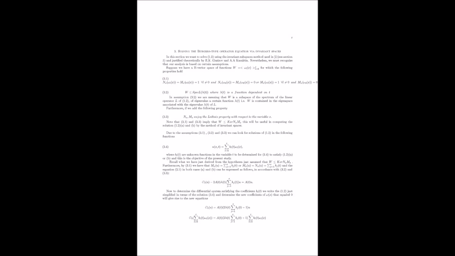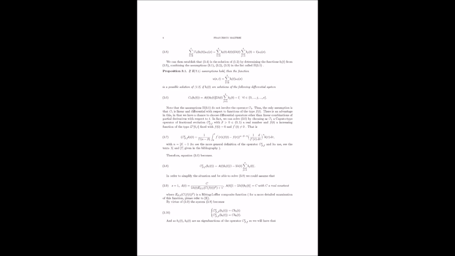So how does Maltese apply his methods in this warped space? He uses the transformation method we discussed earlier, relating solutions of the generalized Burger's equation to those of a simpler linear equation. The key to this transformation is finding the right function. Let's call it g. That acts as a bridge between the two equations. That magical function g that helps us unlock the secrets of the more complex equation. Exactly. In this example, Maltese chooses an exponential function for g. This function satisfies the necessary mathematical conditions to ensure that the transformation process is valid.